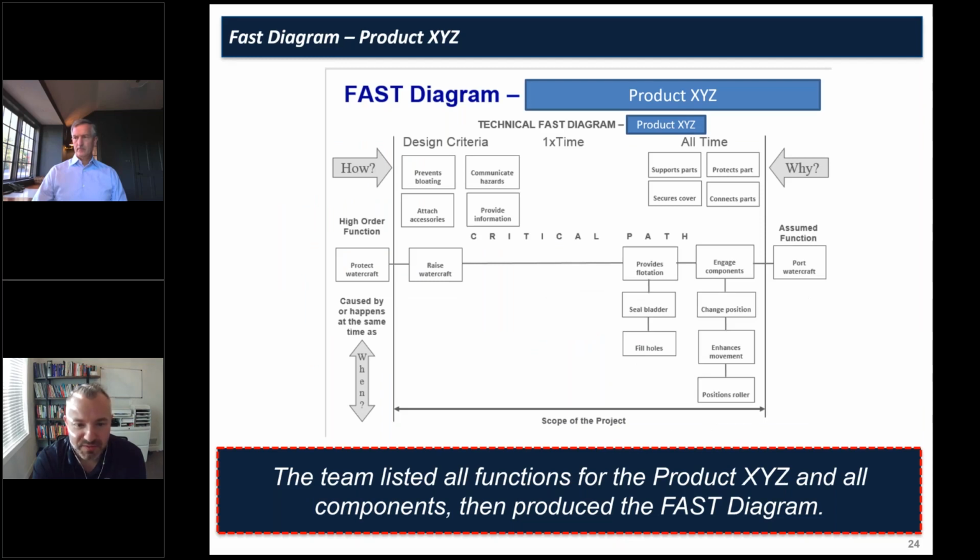Just an example of one of the tools that Kevin was mentioning that gets utilized during a Kaizen event. This is what we call the FAST diagram. It's a logic tree meant to show how the critical functions of the product interact with one another. This helps to identify where you have functions that don't serve a purpose, where you have functions that are perhaps too expensive as a percent of the total cost of the product, and allows us to really view this as a system and to pick out where the opportunities are to make proposals or changes to the design.